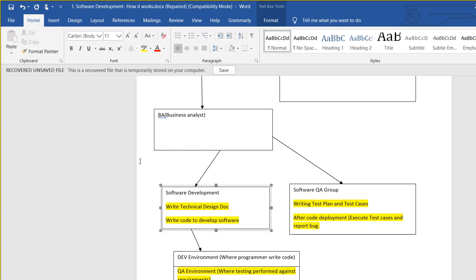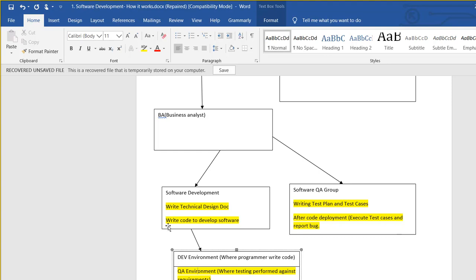Now see these different environments here. The software developers develop the software in the dev environment. What is the dev environment? Again, some servers where the software developers work and develop the software. When development is done, they move the code from the dev servers to the QA environment, which is again some servers, where QA people do the testing.